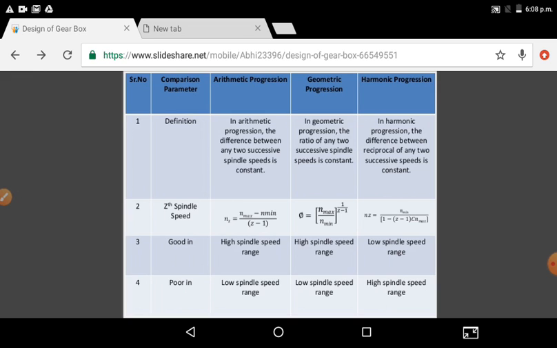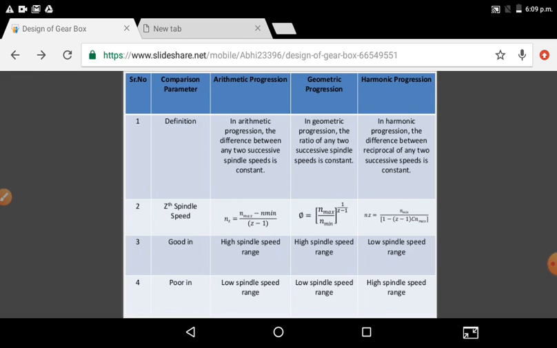Means the maximum spindle speed minus minimum spindle speed divided by the number of spindle speeds, which you have to find, is z minus 1. In the geometric progression, phi is equal to the maximum spindle speed divided by the minimum spindle speed, whole raised to 1 upon z minus 1. And for the harmonic progression, nz is given as maximum spindle speed divided by 1 minus z minus 1 c into n